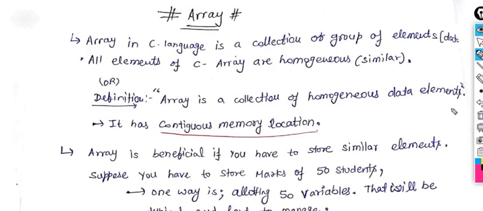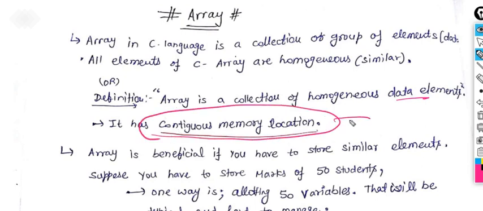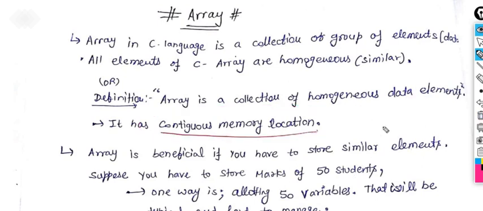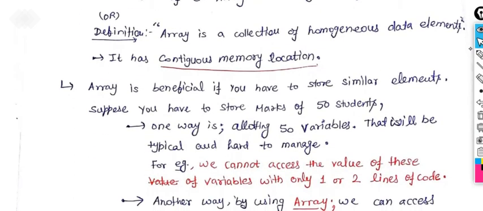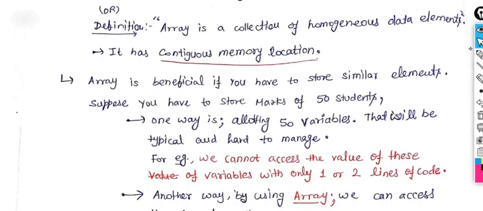Array is a collection of homogeneous data elements. All those elements will be stored in contiguous memory location. So that was all about the introductory basics of the array. Next, there are some benefits of using arrays, which I have already told you. For example, if you want to store the marks of